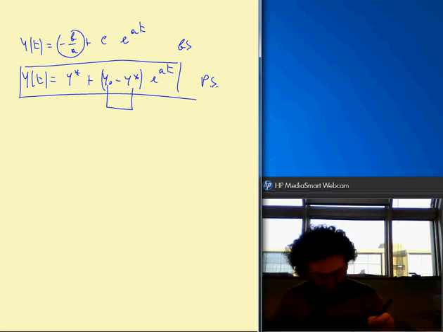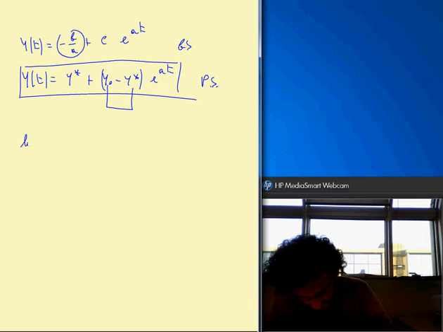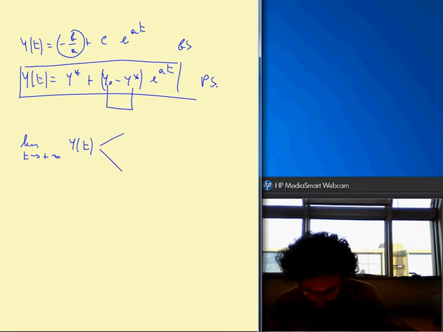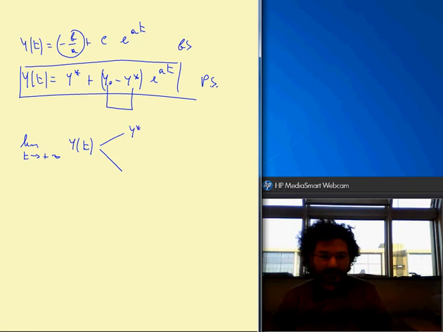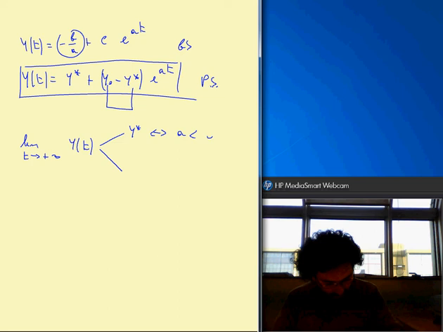What I mean is, we can compute the limit for t going to plus infinity of y of t. This limit will be equal to y star, so the steady-state solution, if and only if a is smaller than 0,